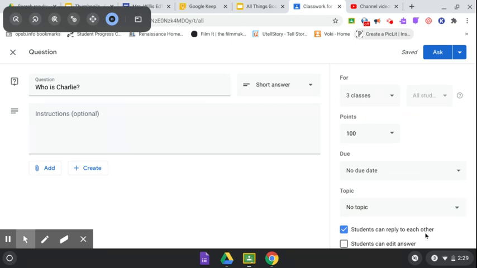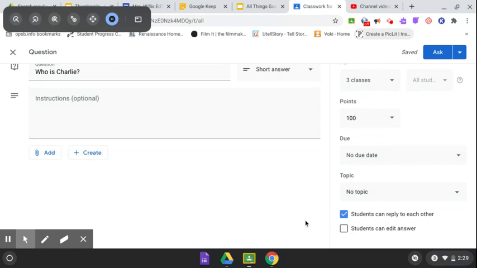Also, you have the option of saying students can reply to each other. You would uncheck this if you just want students to respond to the question and you want to see their answer. But I always like to allow students to reply to each other so that it can mimic a true class discussion. If you're doing something online or even in class face to face, students can still have a discussion